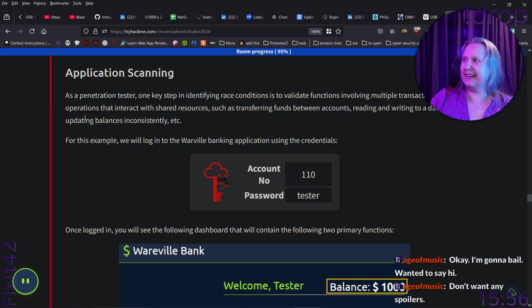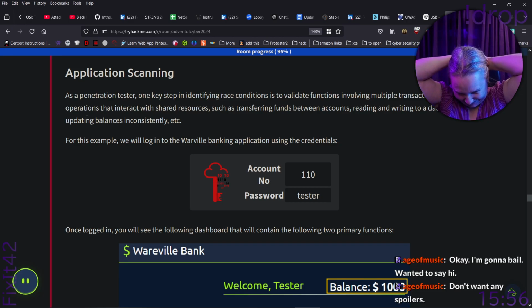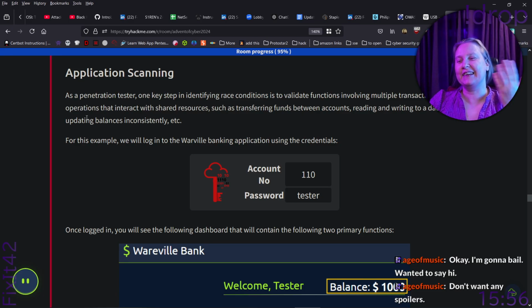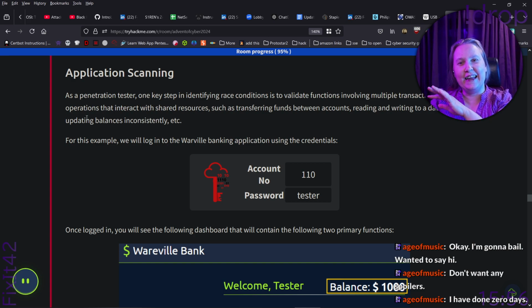updating balances. Say hi. Okay. Don't want any spoilers. You're gonna do it all? Have you started on Age of... No, it's called Age, not Advent. You're confusing me. Age of Music, Advent of Cyber. So it became Age of Cyber. We're in the Age of Cyber. Yeah. Okay, so it's not like an advanced one, right? You can stay if you want to, but I understand totally. I wouldn't want it spoiled. So have a great day, and thanks for saying